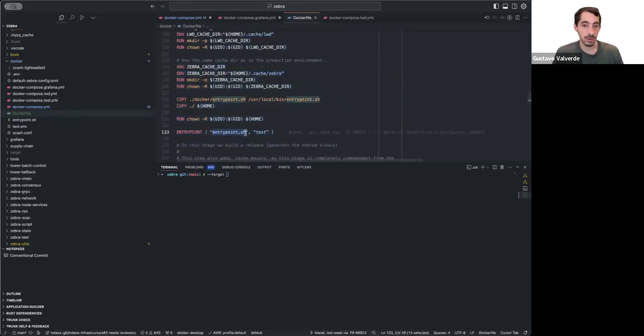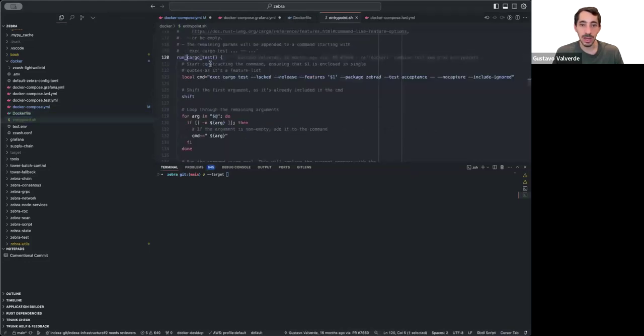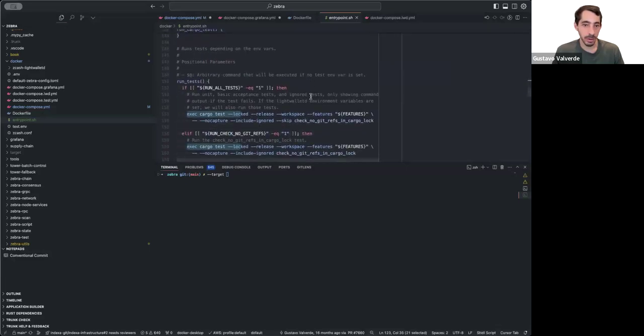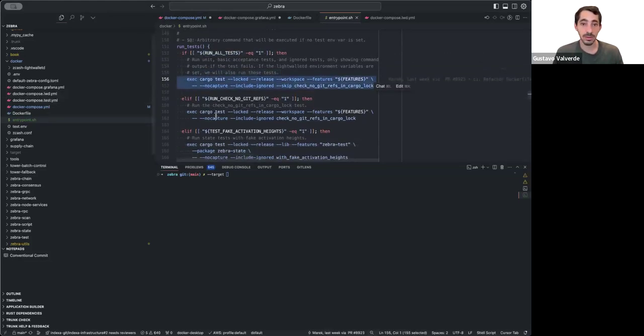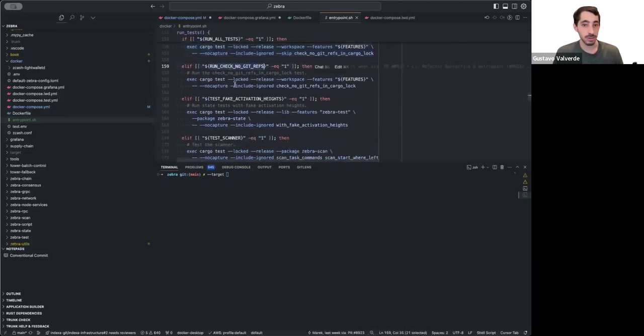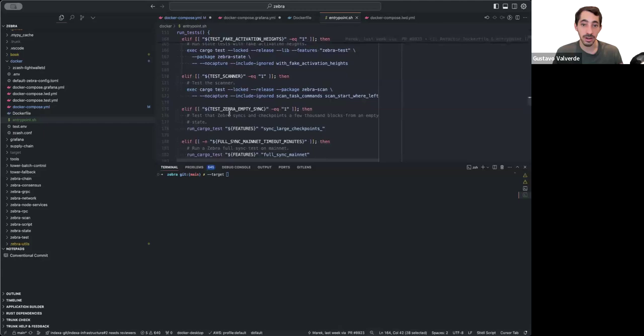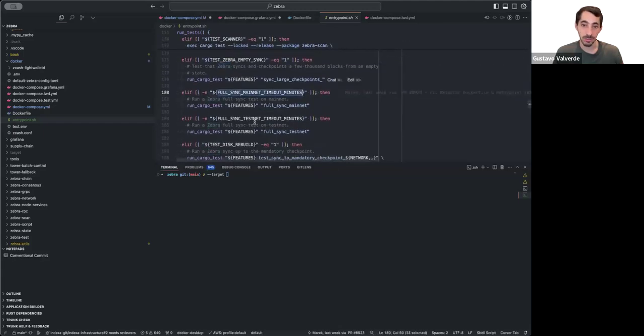And in the entry point, it will get run with the test argument, and this will actually get here. It's basically making a cargo test, and it will capture the different environment variables for the different tests that you'd like to run. There are different environment variables to run them. For example, if you'd like to run all the tests, there's an environment variable for that. You can run tests with fake activation height, the scanner, the Zebra test, the full